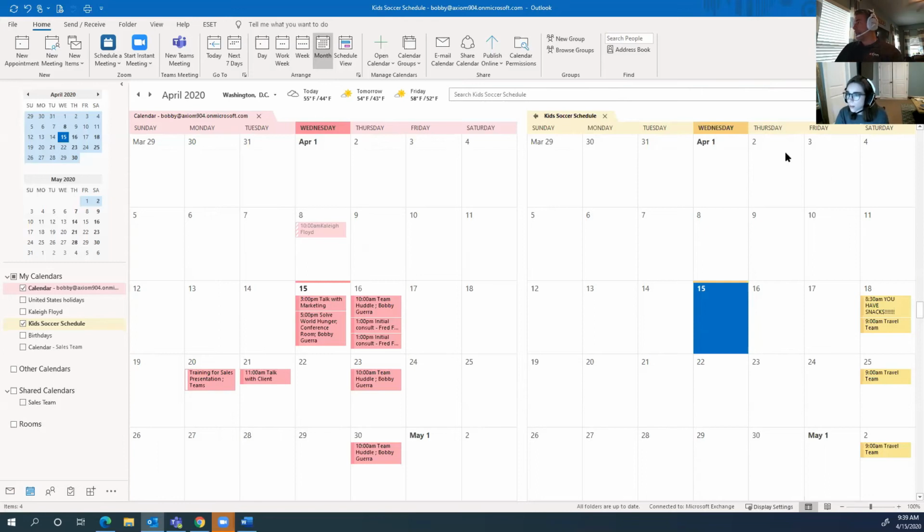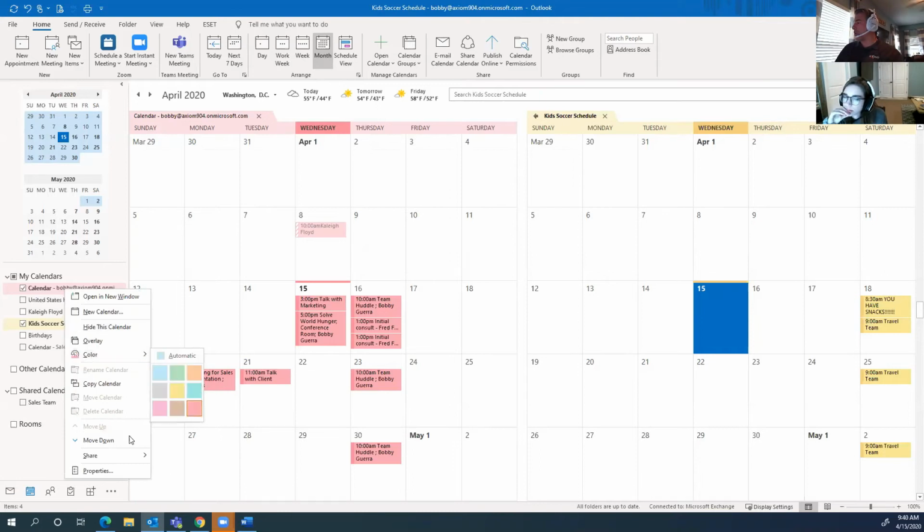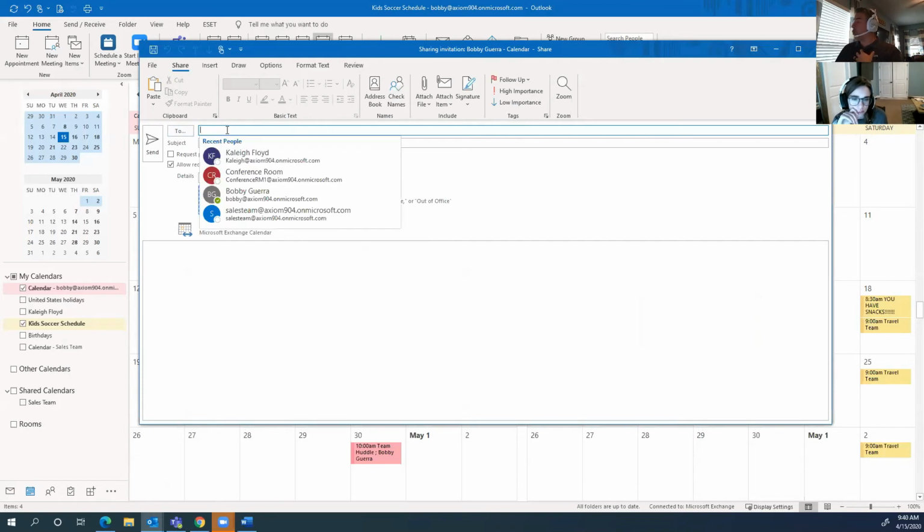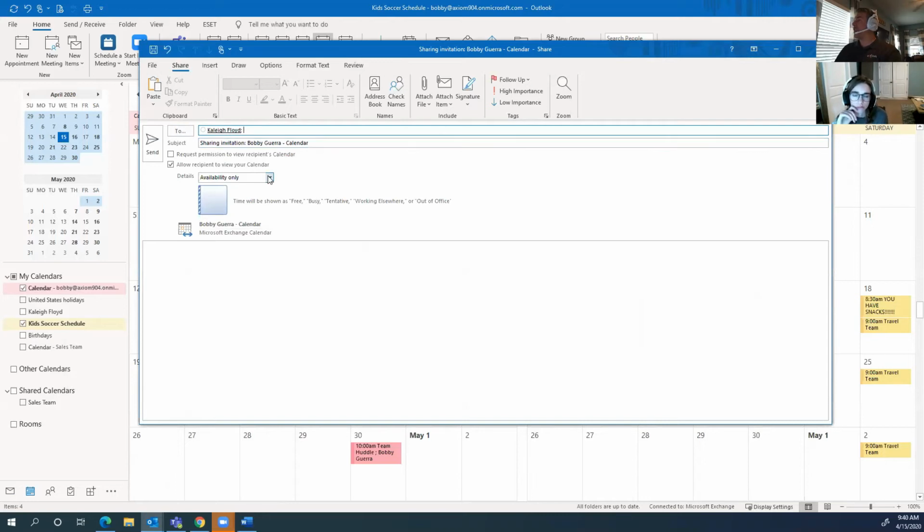What's nice about this feature is, now that I have this calendar separated, I can share my calendar with people in the organization by going to Share Calendar, and say I want to share this calendar to Kaylee. I want her to have availability only, which means all she's going to see is whether I'm available at this time or not. So it'll say busy, without anything else. But I can also say, you know what?